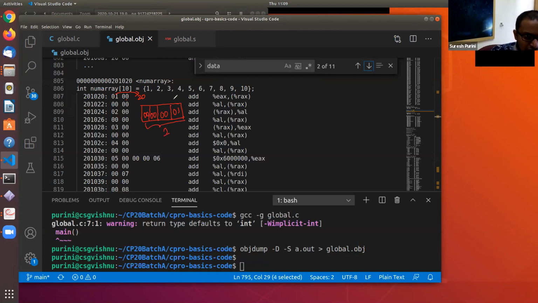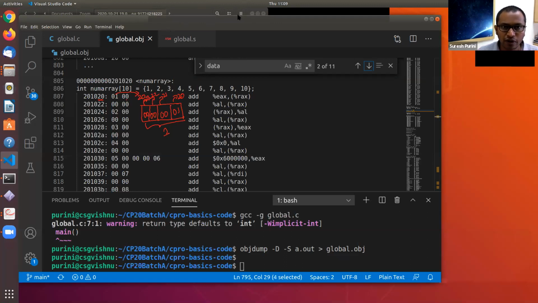The address associated with this is 20, the least significant 2 digits, and the next is 21, then 22, and then 23. That is how that one got laid out in the memory. In case you are wondering what's going on there.